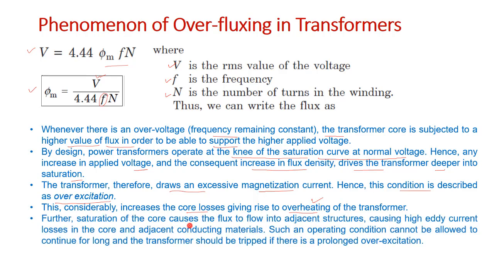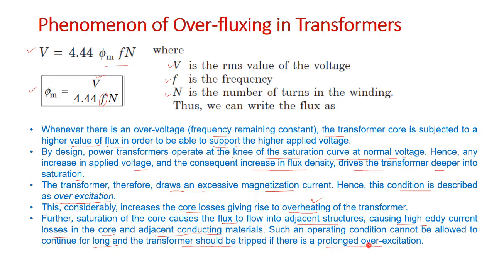Further, saturation of the core causes the flux to flow into adjacent structures, causing high eddy current losses in the core and adjacent conducting material. So this excessive flux, when it is produced in the core, in fact causes high eddy current loss in the core and also eddy current loss in the adjacent conducting materials. Such an operating condition cannot be allowed to continue for long and the transformer should be tripped if there is